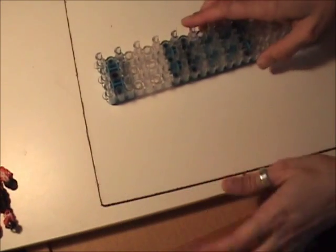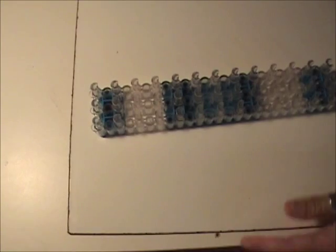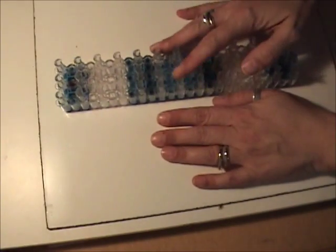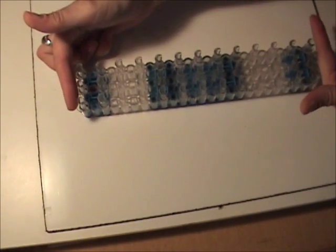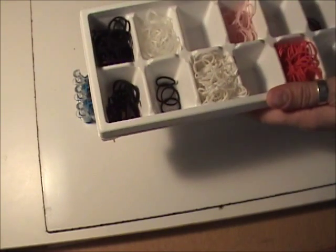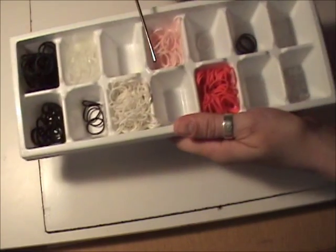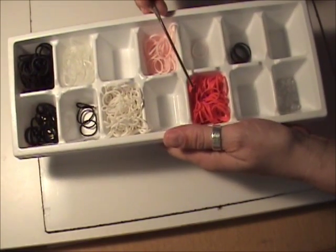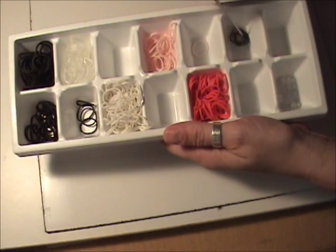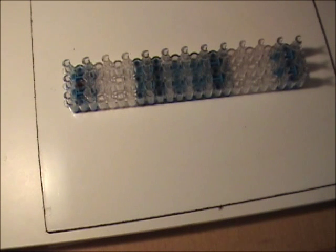For this character, we are going to be using a standard rainbow loom in the aligned configuration, and that's where the pins are all even with each other. And the bands that we'll be using are black, clear, white, skin tone, red, and 4 silver bands for the skate blades. We're going to start with the arms,